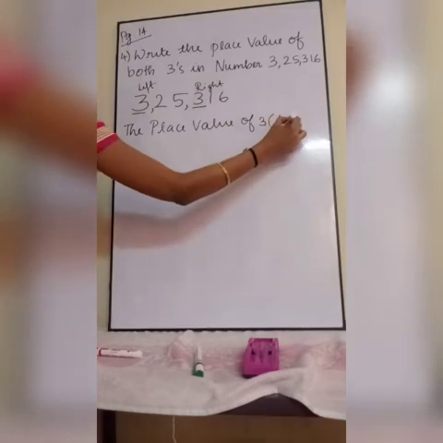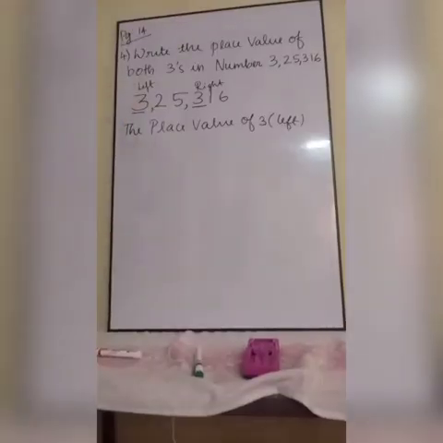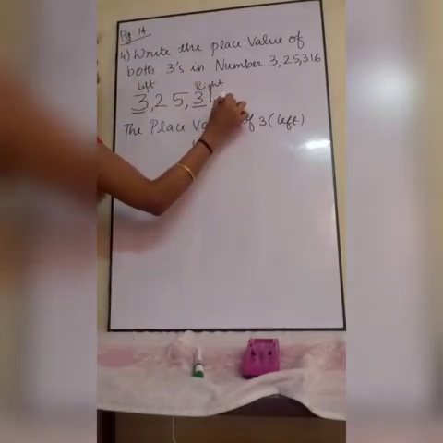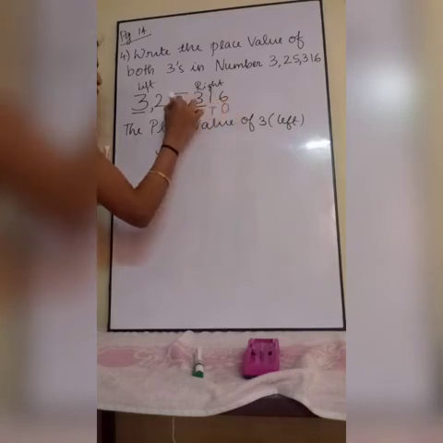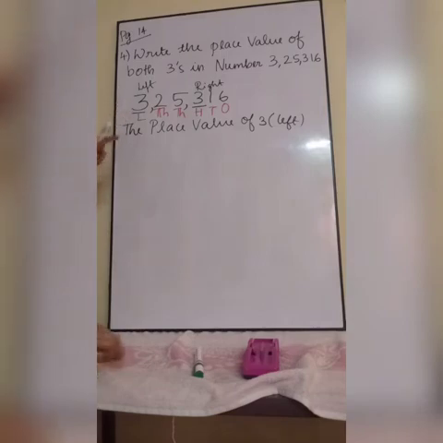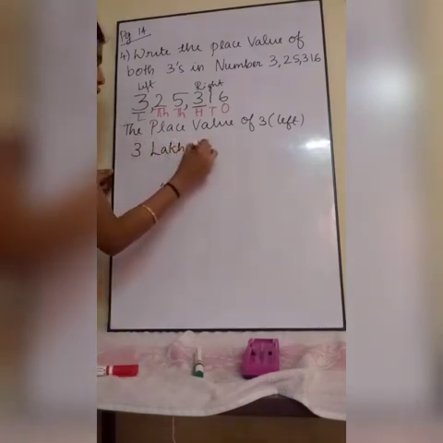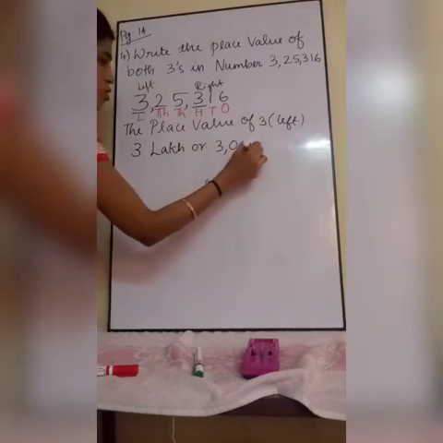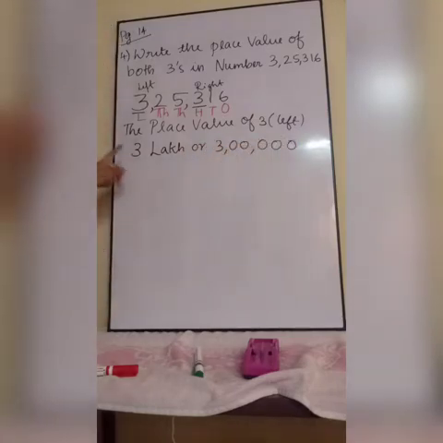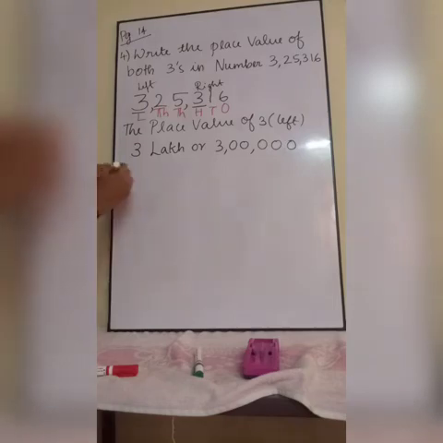So I am going to find the place value of the 3 which is on the left side. Which place is it? So how to find the place value? You have to write all the place values of every number: ones, tens, hundreds, thousand, 10,000, lakh. So the 3 is in which place? Lakh place. So 3 lakh, or how to write? 3, 0, 0, 0, 0, 0. 3 lakh, how will you write? 3 into lakh. So 3 lakh you can write.